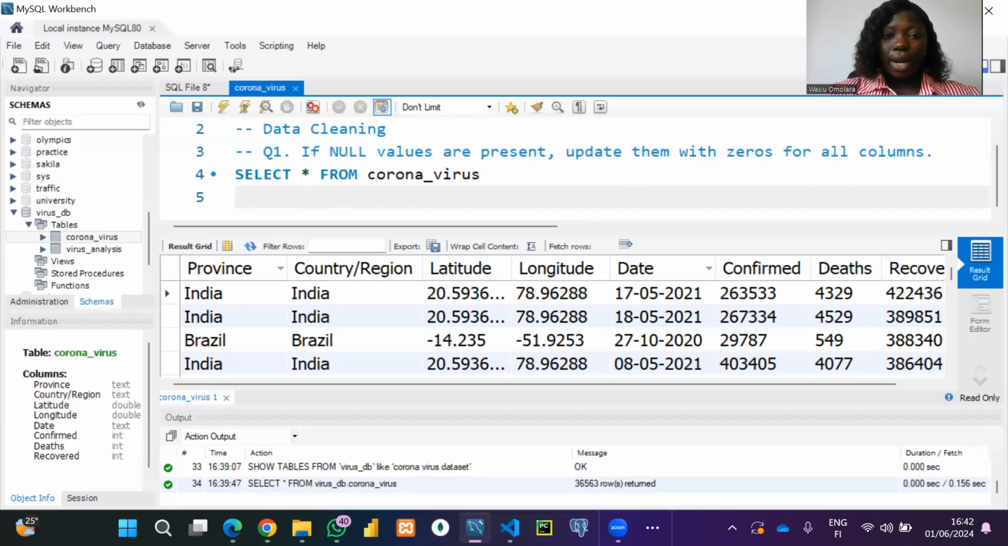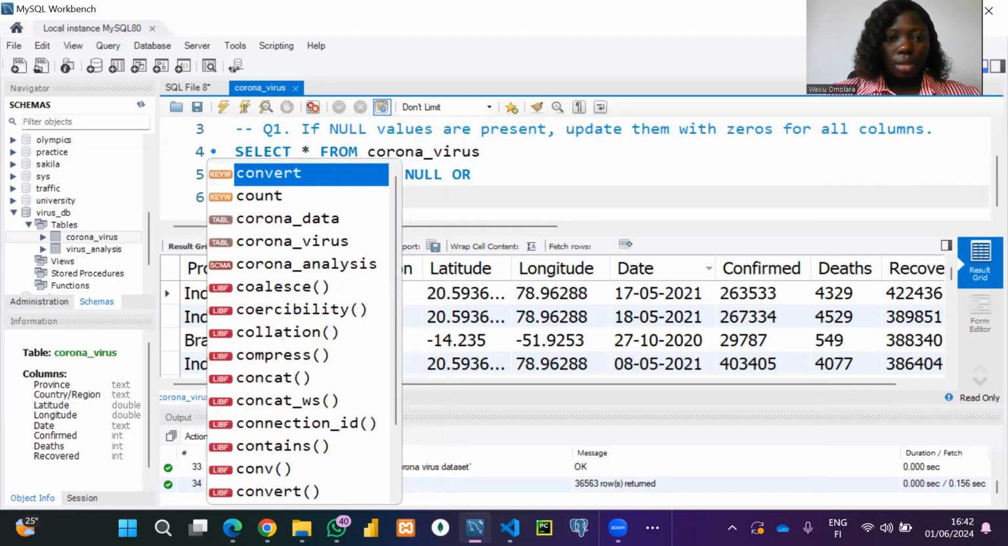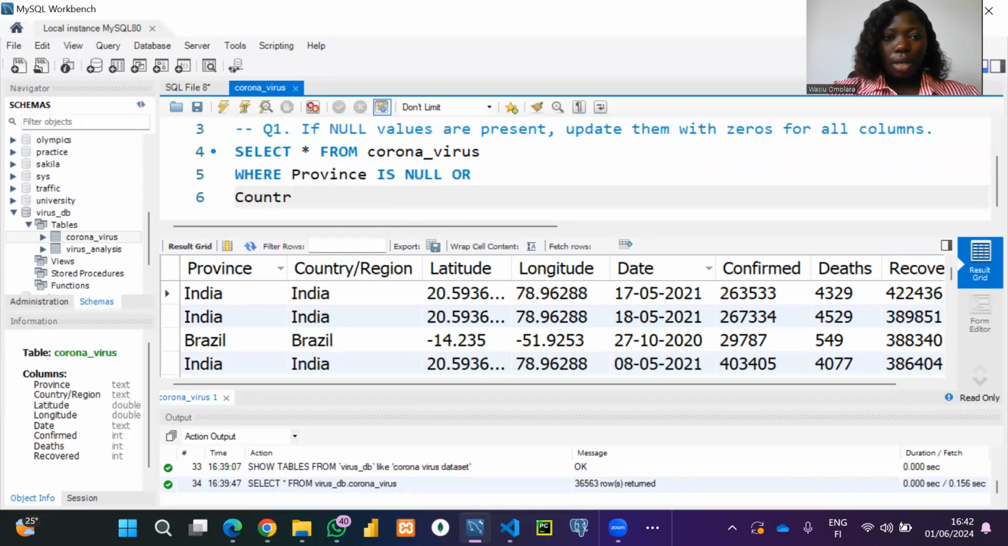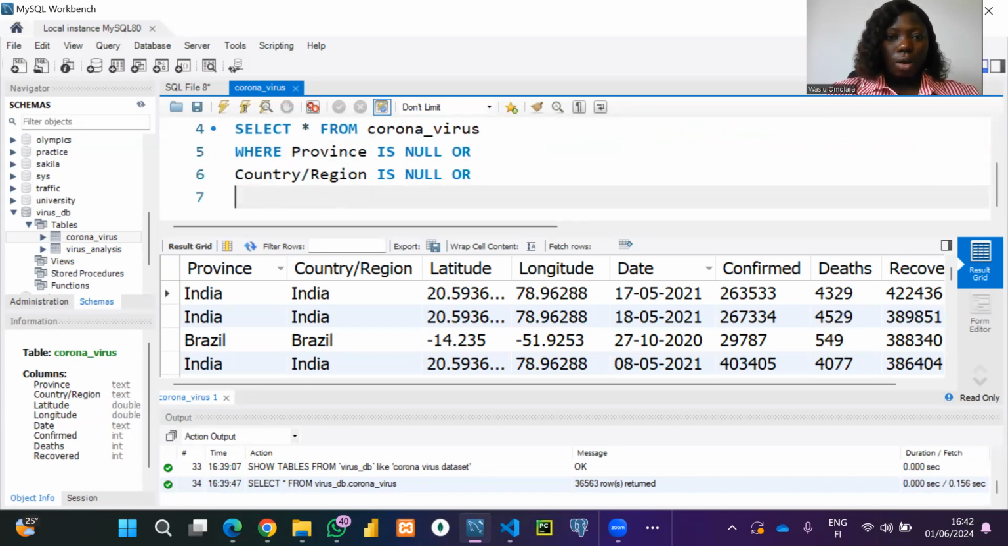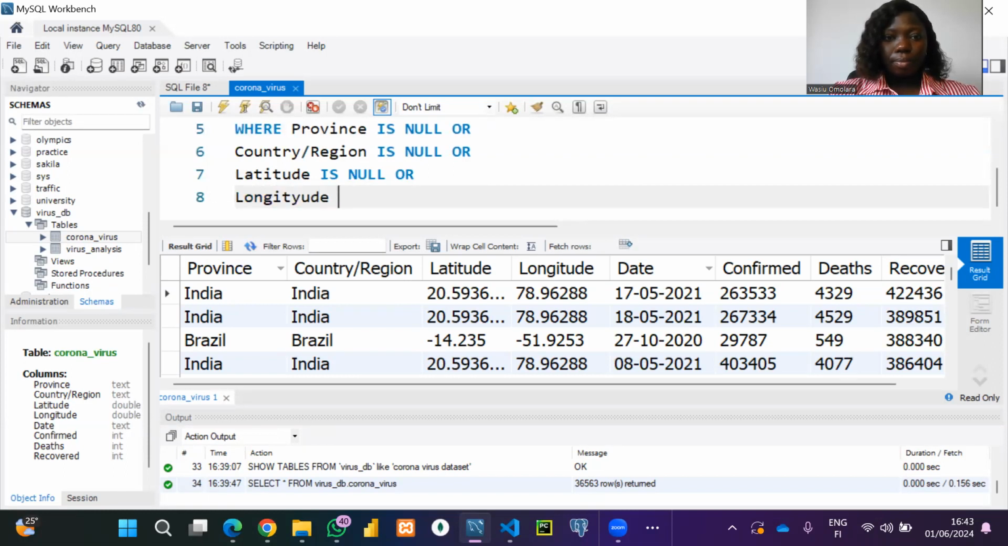So I'm going to check for all the fields, right? So I would say where province is null or country slash region is null or latitude is null or longitude is null or